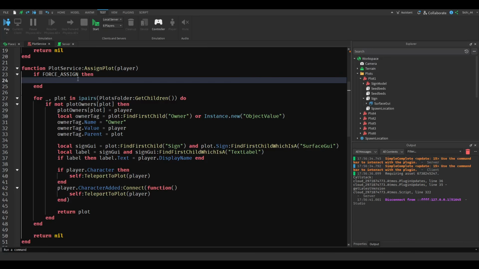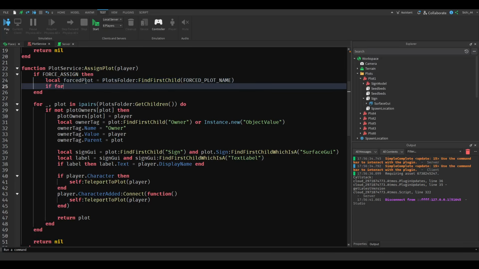So then the local force plot is going to be equal to plots for, and then find question before, and then if force plots,